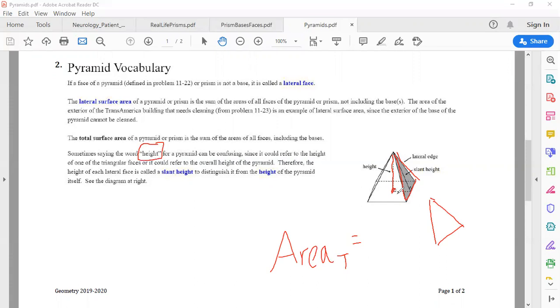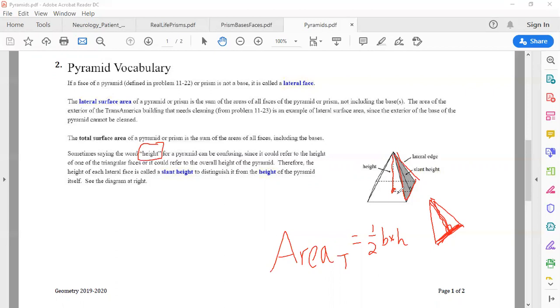The area of a triangle is 1/2 base times height. So we've got a base here, but do we have the height of the triangle? The height of the triangle is the same as the altitude, right? The altitude goes from the vertex and makes a right angle. That's a very not straight